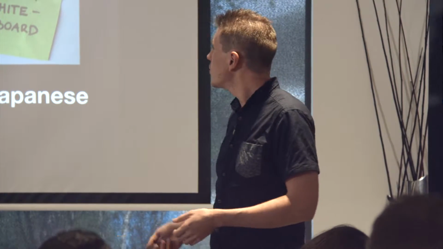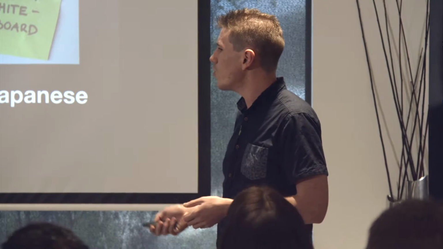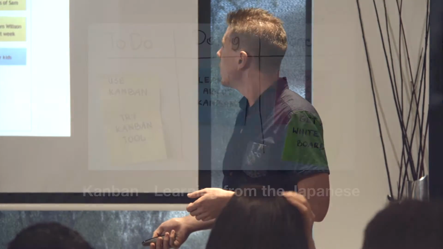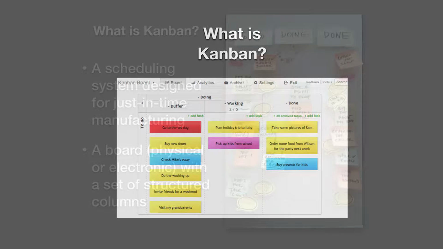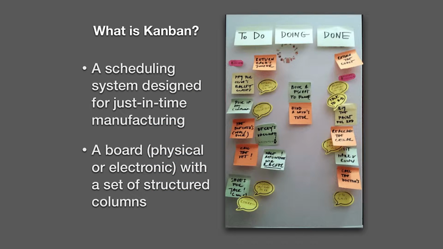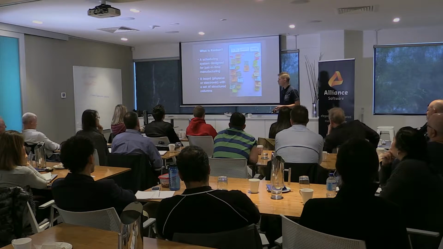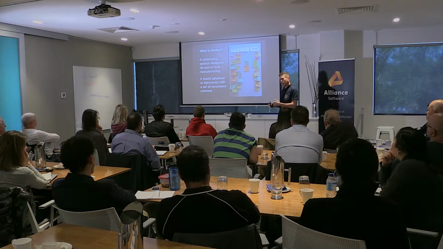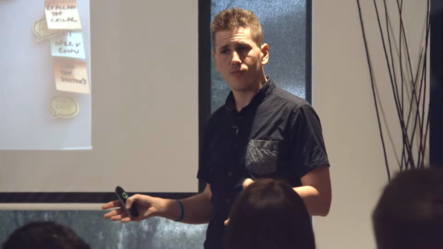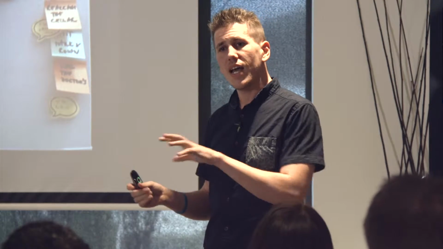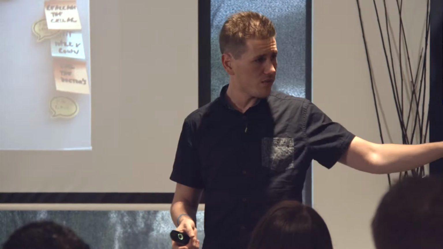may take. So this is a really simple idea of Kanban, but as you start to get into it, you can see that it has a lot of flexibility to it. So Kanban is a scheduling system designed for just-in-time manufacturing by Toyota. And the concept of it was a pull-based system where they were trying to rid themselves of as much waste as possible. And the way they tooled their system was every time a car rolled off and went off to,